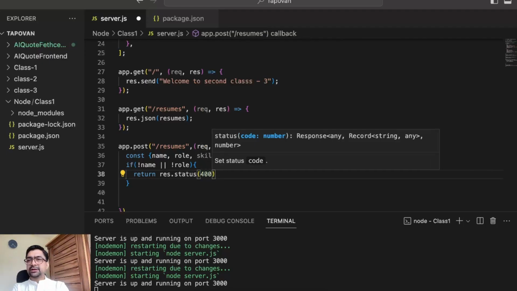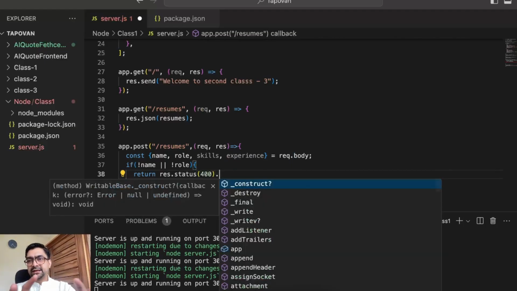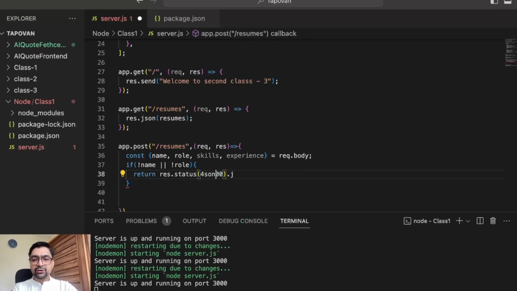400. Okay, 400. If something is wrong from the client side, you might have seen a 404 message, which is when a client tries to access a resource which is not present, we send back a 404 resource not found error. So these are status codes. We'll learn more about these status codes as we progress in our series. So response.status 400. Since this is the error path,